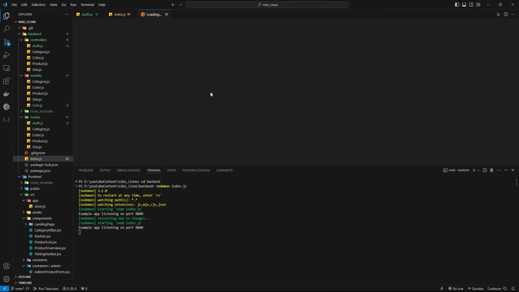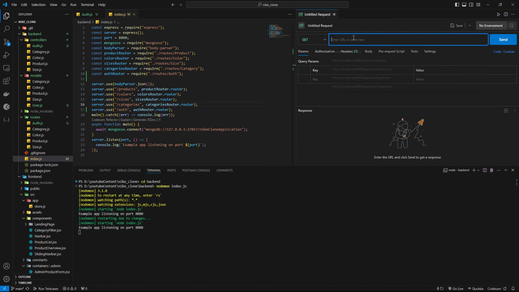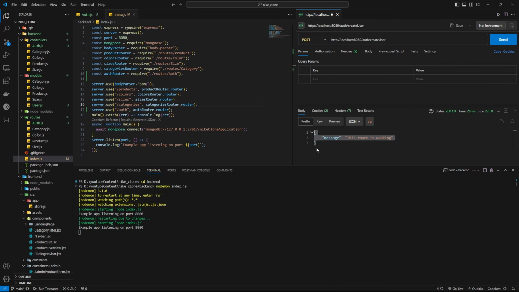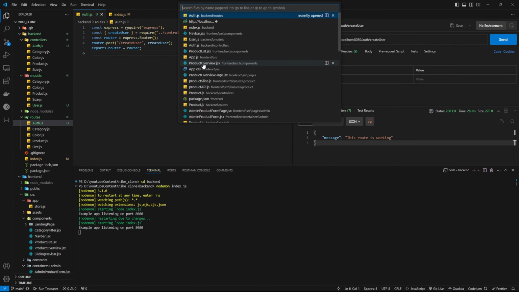So Postman out here, and now let's make it post and send the request, and now you can get a message from the route that this route is working fine. Okay, so now let's make the createUser function